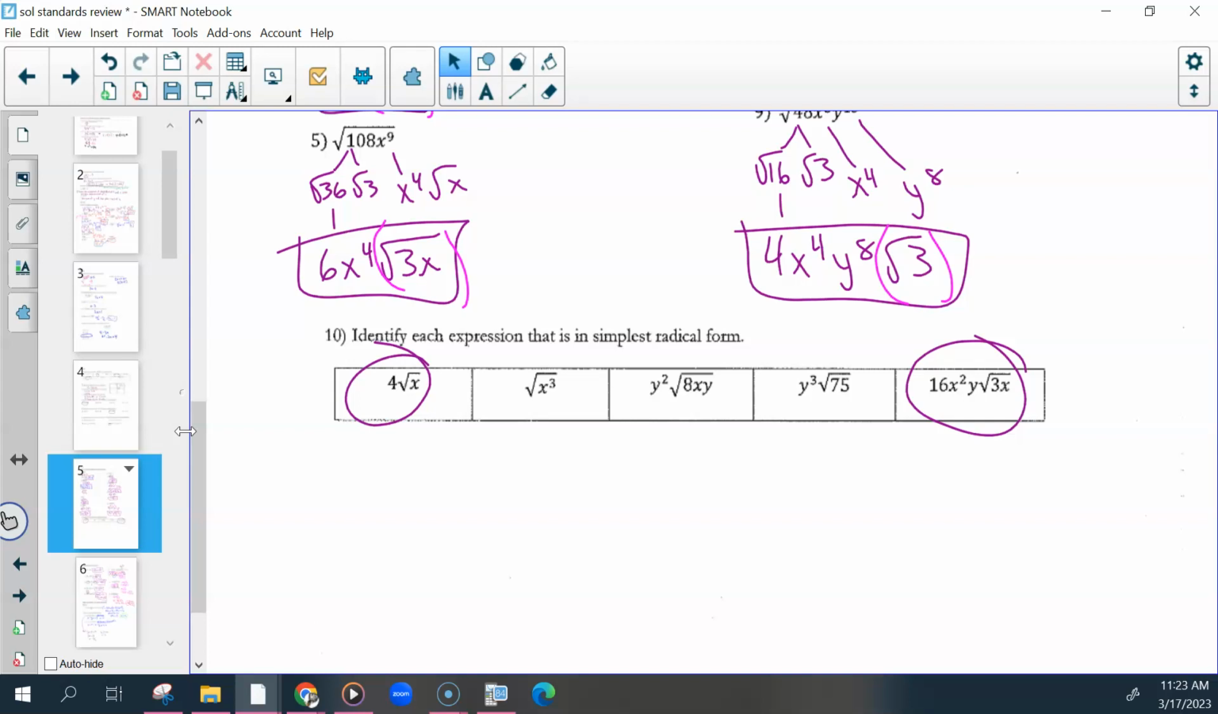X times the square root of x, yes. X times the square root of x, because you could take out a pair of x's, which would be x squared, so it wouldn't be squared anymore. Okay, then on the back